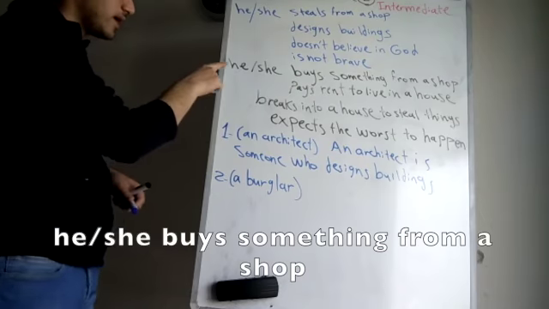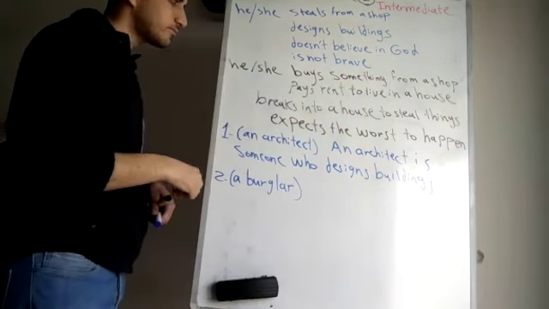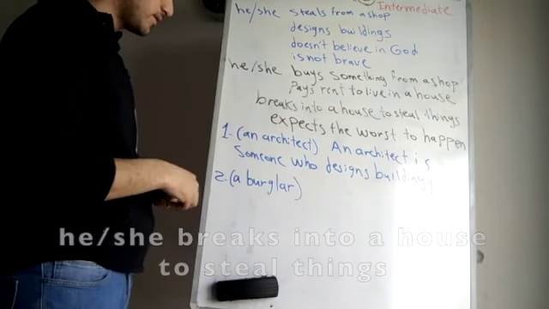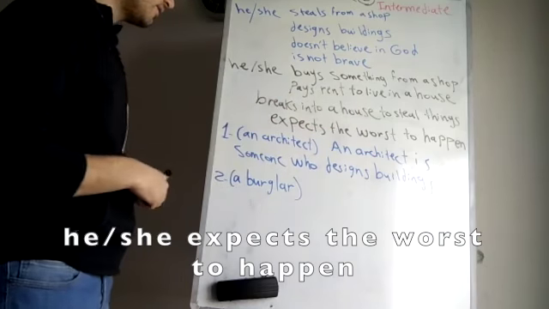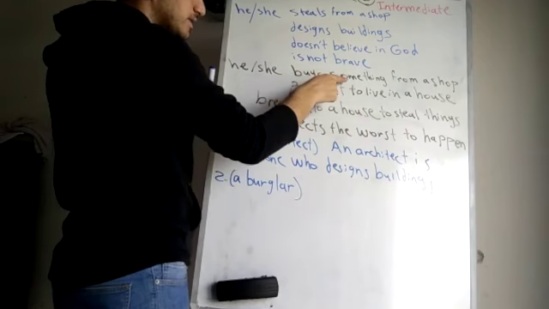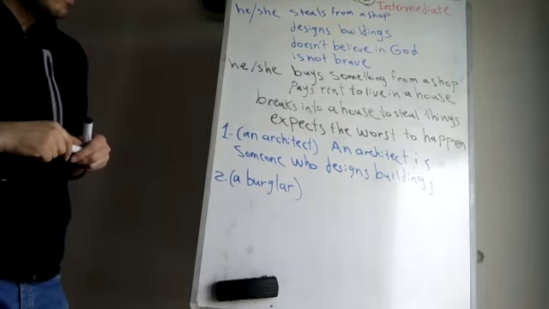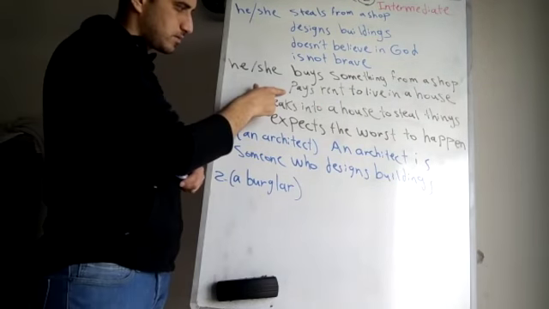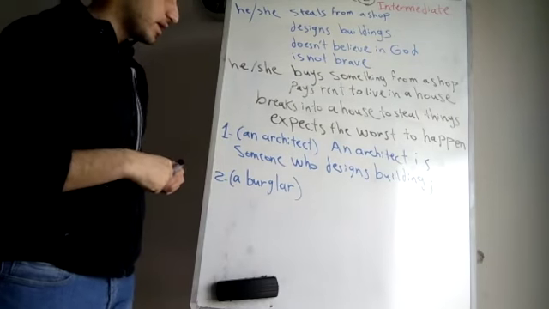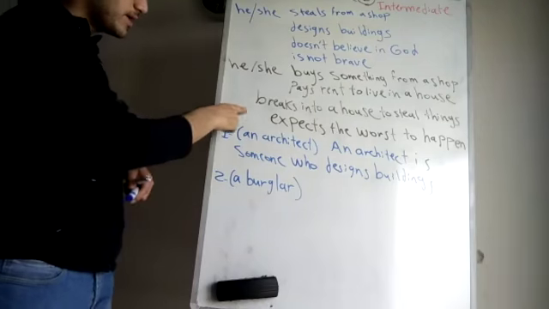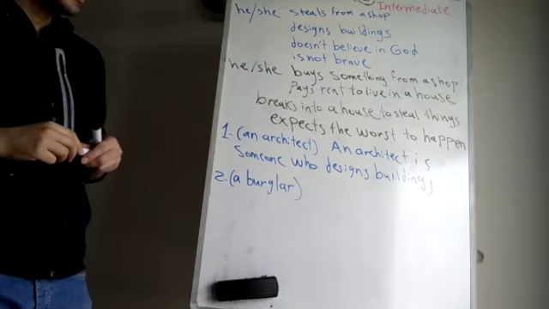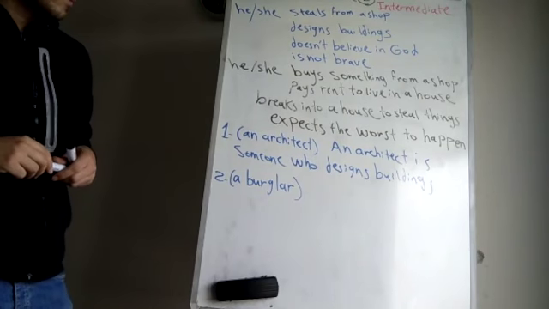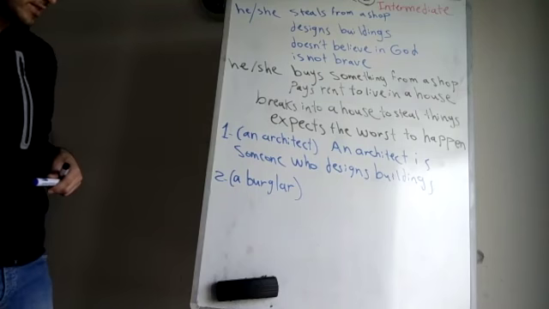Is not brave. ليس شجاع. He, she buys something from a shop. Pays rent to live in a house. Breaks into a house to steal things. Expects the worst to happen. Okay, again. He buys something from a shop. يشتري شيء ما من محل. Pays rent to live in a house or apartments. يدفع الإيجار ليعيش في منزل. Breaks into a house to steal things. يقتحم منزل ليسرق الأشياء. Expects the worst to happen. يتوقع الأسوأ ليحدث. Okay, so number one here, for example, an architect,